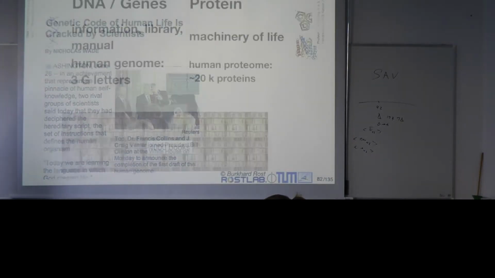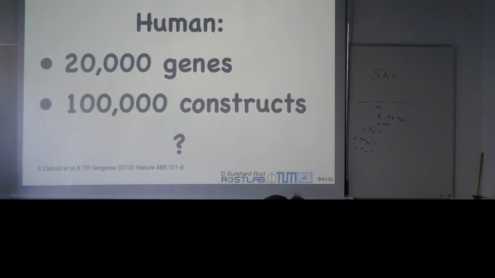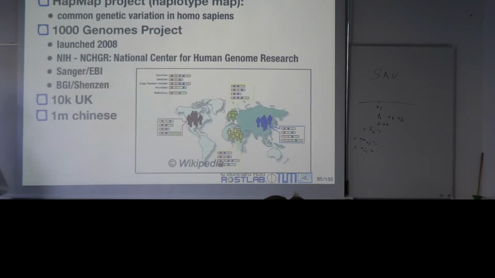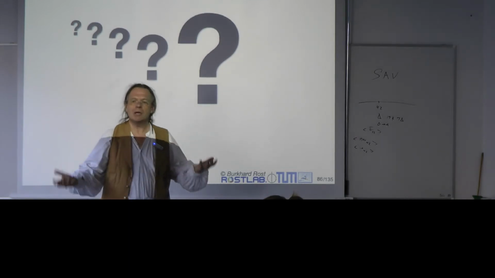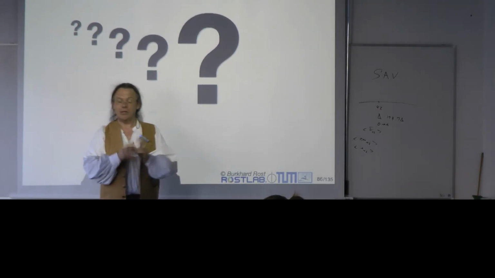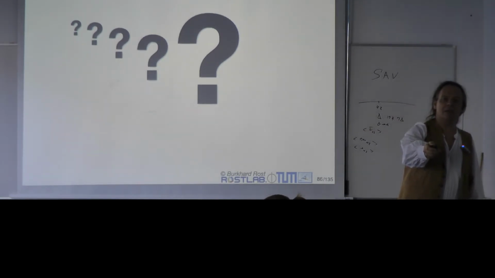We know the human sequencing at this point. We know there are 3G letters fit into these 4,000 books. They roughly correspond to 20,000 proteins. And we actually don't quite know how many genes or proteins we have. But let's just say we have 20,000 proteins. We know there's diversity. And the first question is, how much do we differ? I'm not asking historically, so we use the word SNP.